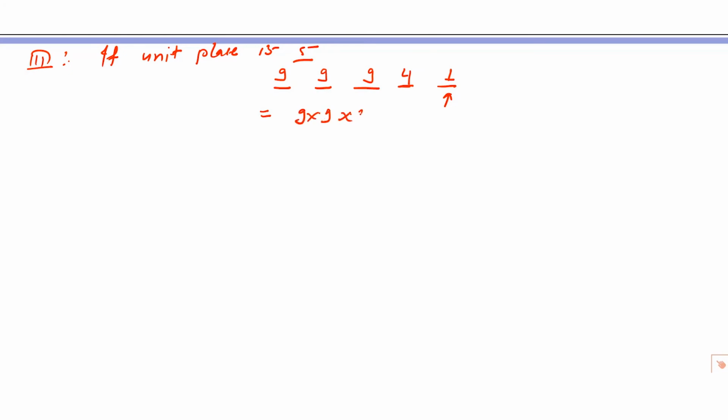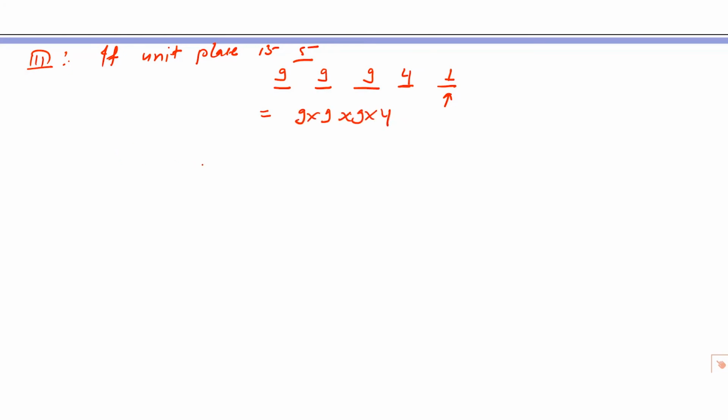Similarly, third case, if the unit place is 5, then this can be filled by 5 only, that is one way. The second last place can be filled by any number from 1 to 4 only, because the unit place should be larger than the second last place digit. So it can be filled in 4 ways. Again, these 3 digits can be filled by any of the digits from 1 to 9, so the remaining 3 digits can be filled with any digit except 0. So it can be done in 9 ways, again 9 ways, and again 9 ways. So total ways will be 9 into 9 into 9 into 4.